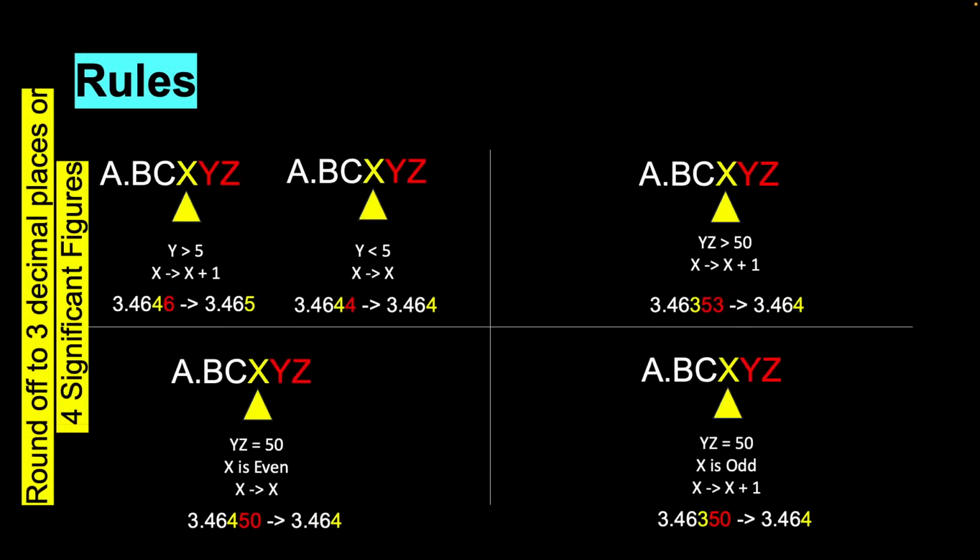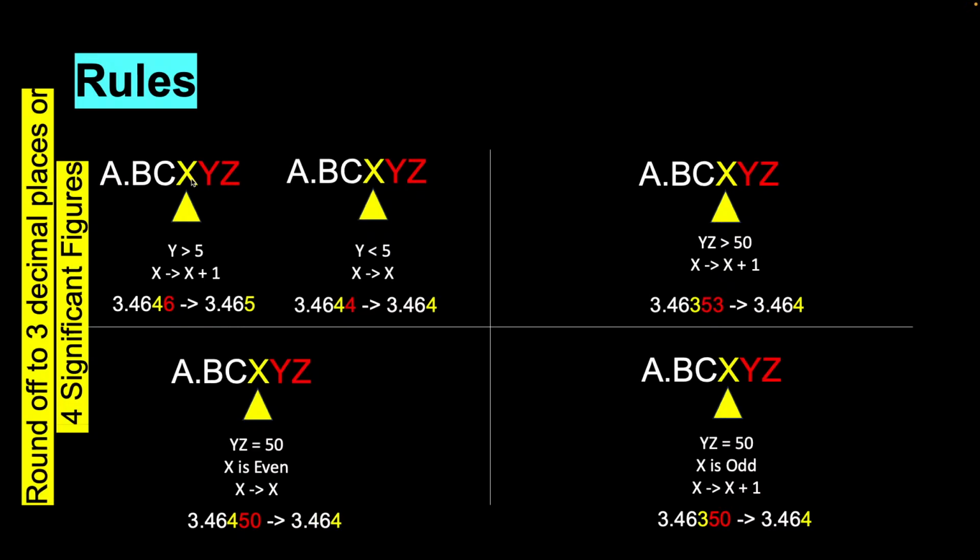Let us revisit the rules again. So the rules say that on the immediate right of the cutoff digit, if the number is greater than 5, then the cutoff digit is increased by 1. Like in the example a.bc xyz, here the cutoff digit is x, which is painted in yellow, and